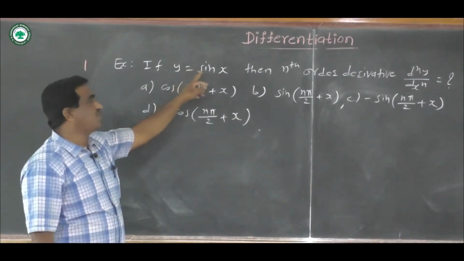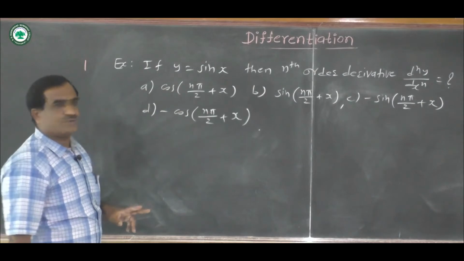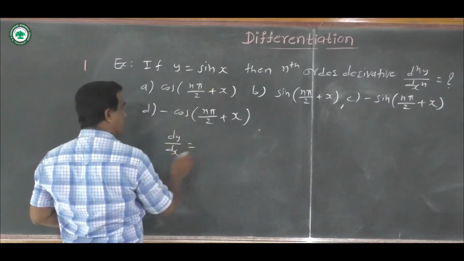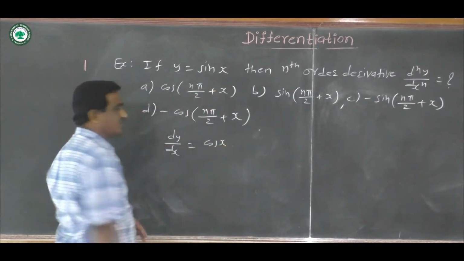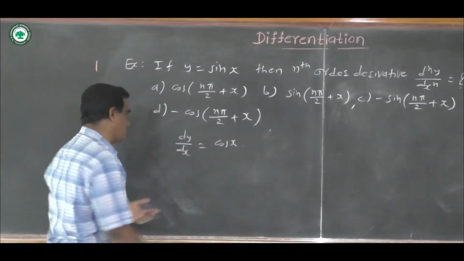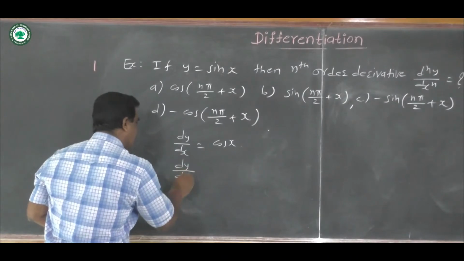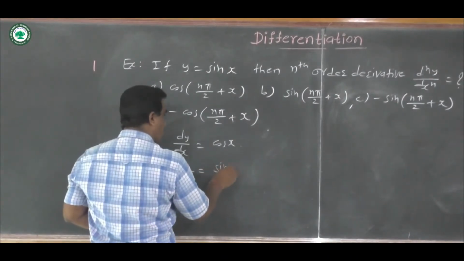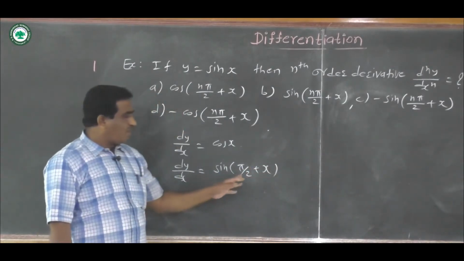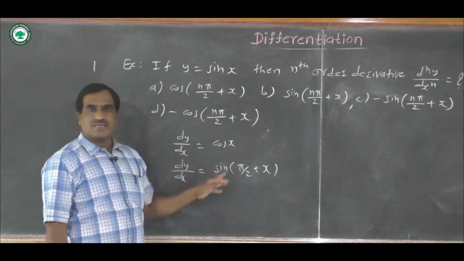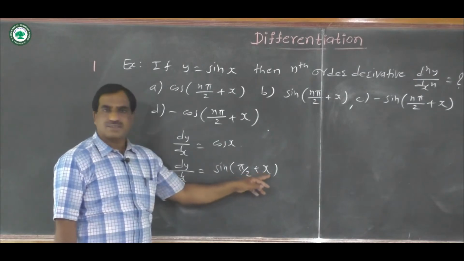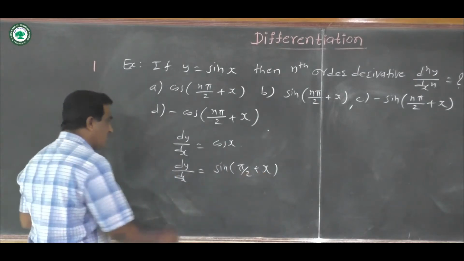Consider this function y equal to sin x, differentiate this with respect to x. Derivative of y, dy by dx, derivative of sin x is cos x. Okay, now we have to write this function cos x in the form of sin x. Therefore we can write here dy by dx is equal to sin of pi by 2 plus x by the allied angle formula. Sin of pi by 2 plus theta is equal to cos theta. Therefore, cos theta equals sin of pi by 2 plus theta. Okay. Now differentiate this